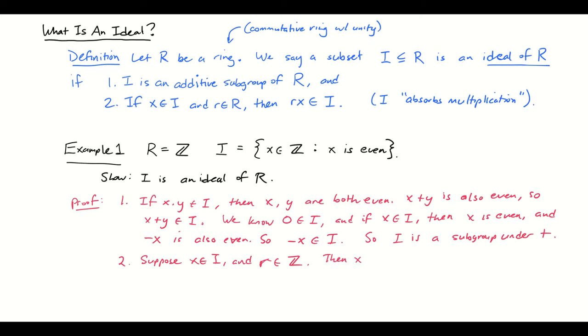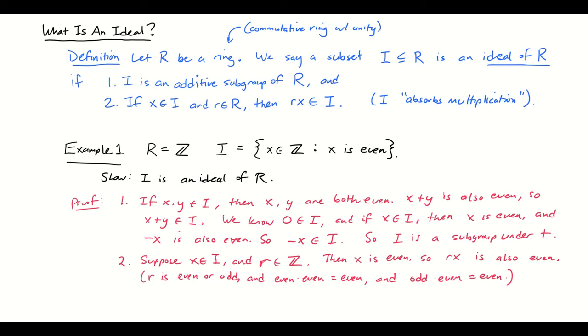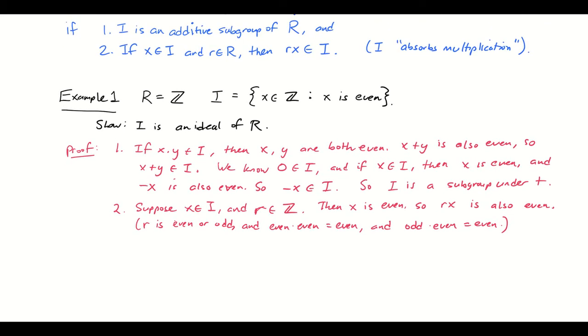Okay, well then x is again even, so r times x is also even. Now why is that true? Well, that's true because r is either even or odd. And we know even times even is even, and odd times even is also even. Now you could actually go a little bit more technical with this. You could say because x is even, x is divisible by 2, so x has to be expressible as 2 times some integer. And then you would see when multiplying r times x that r times x is still going to contain that factor of 2. So I'm being a little bit informal here by saying even times even, odd times even, but I'm just outlining a proof here. Okay, so anyway, rx also belongs to I,